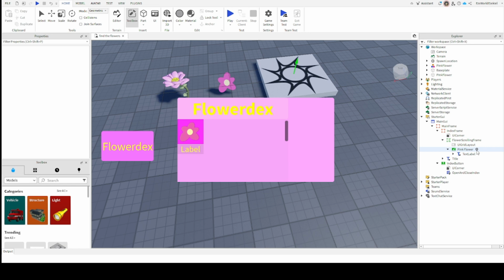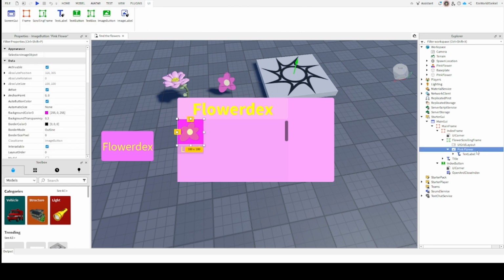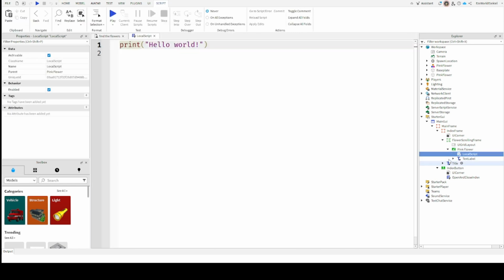So click the plus next to Pink Flower, or whatever you've named it from episode 2. We're going to make a local script. Sorry if you can't see that, but it's going to show a list of things. One of them is going to be a local script. So we're going to click local script, and then